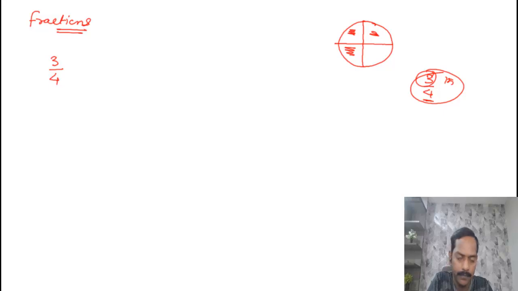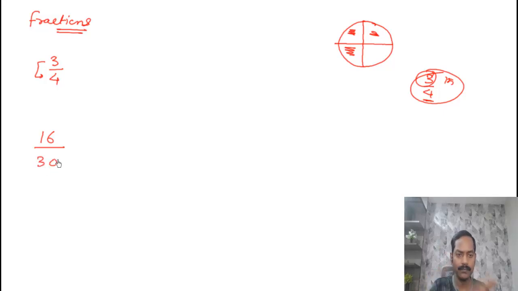3/4 is also a rational number, correct? Now here we can see that the denominator is not equal to 1. At the same time, there is nothing common as far as factors are concerned between 3 and 4, so we can't reduce it into the lowest form. I'm writing another fraction wherein I can reduce into the lowest form so that you can understand it. What do I mean by reducing it to the lowest form? I'm writing a number, say 16 divided by, let me take some number,